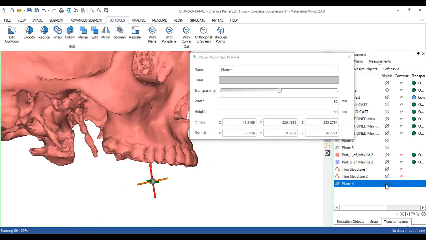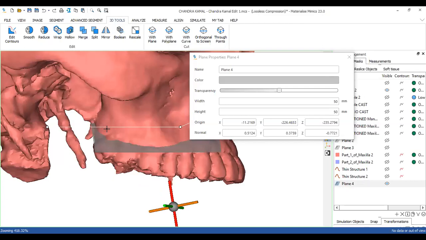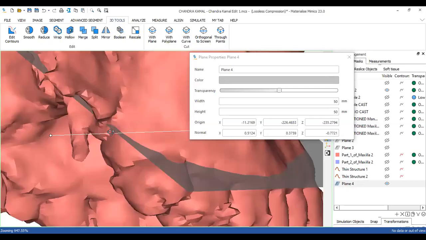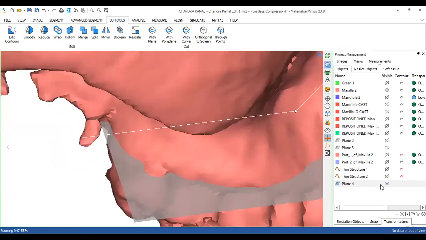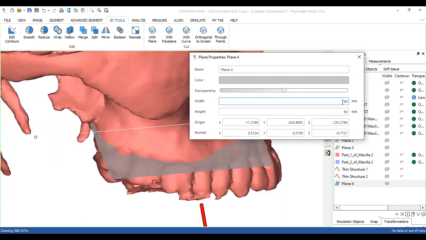So from the preview you understood that कि जहाँ पे भी ये dip जा रहा था आपका plane, वहाँ पे वो cut नहीं कर रहा था. So to increase this width or to increase its height, maybe let's say, what you can do is you can go to the properties. मैंने plane पे right click किया, drop down में properties select किया, then I go to the width and height section and I can just make it 150 by 150.